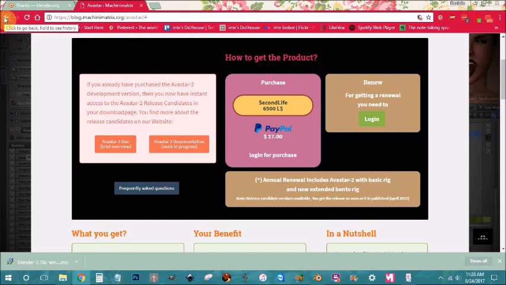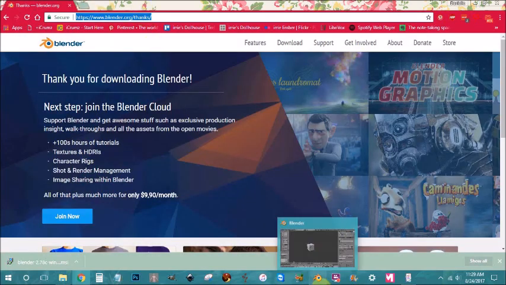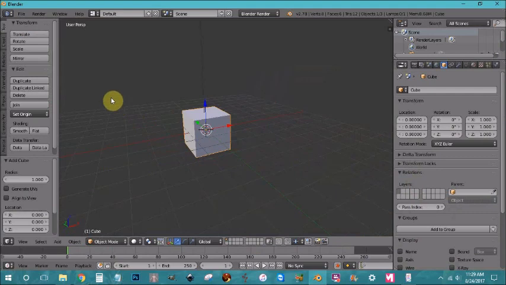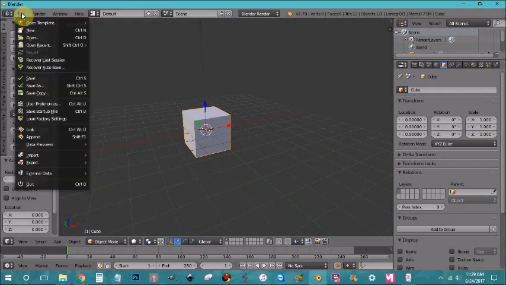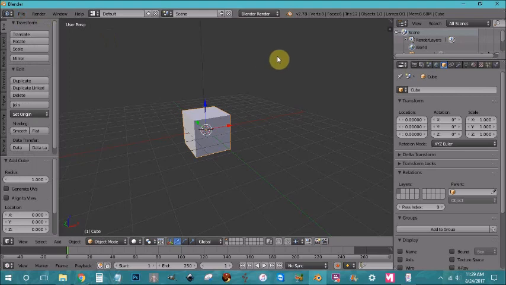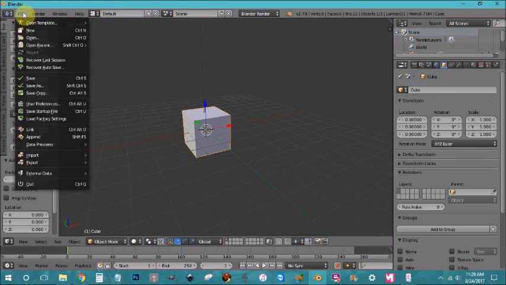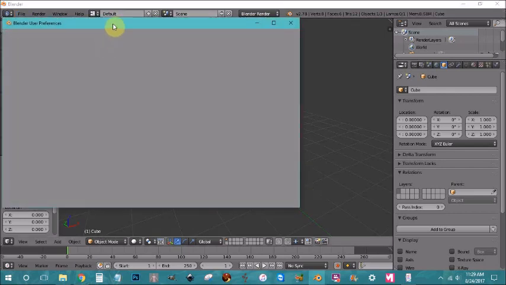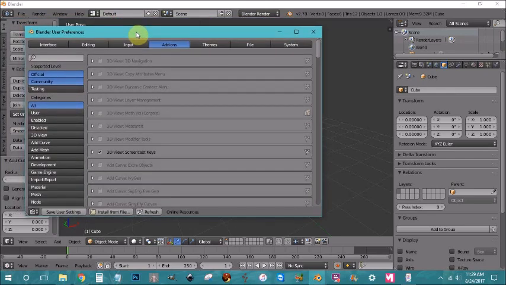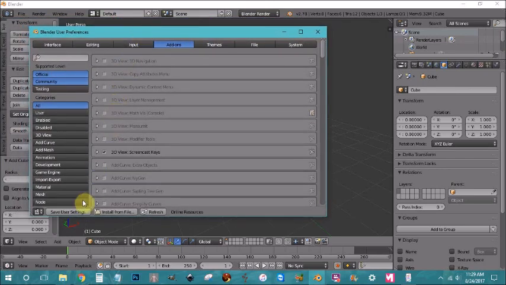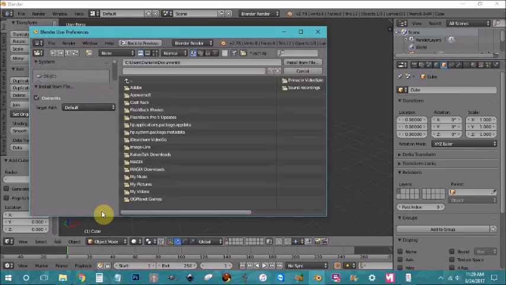Once you do have the Avastar file downloaded to your computer in your downloads folder, I can show you quickly how to get that installed. When you're in Blender, you have your Blender screen open here. At the very top of the window, go to File, and then come all the way down to User Preferences, and then you will go to Install from File at the bottom here,